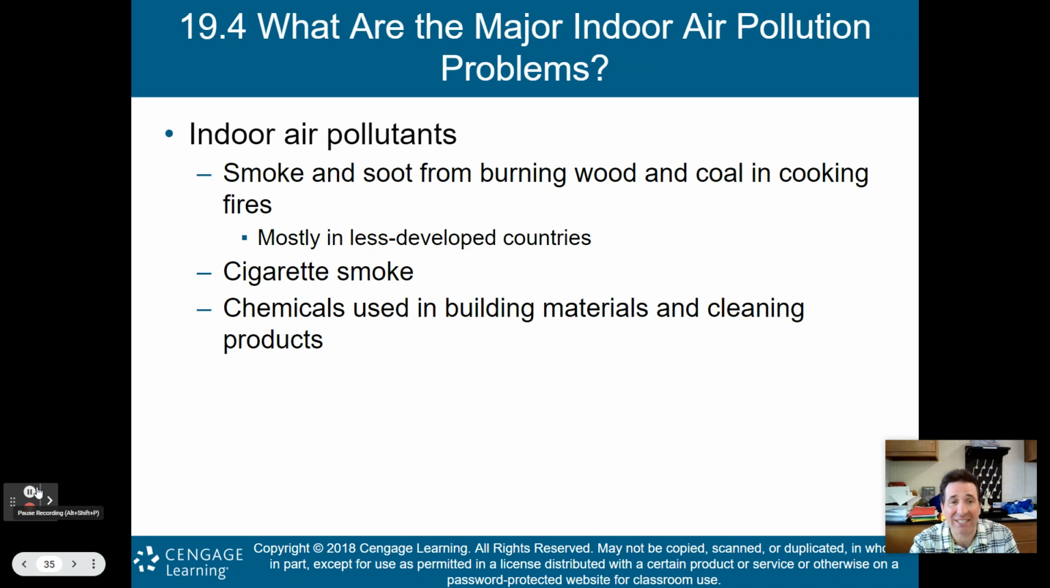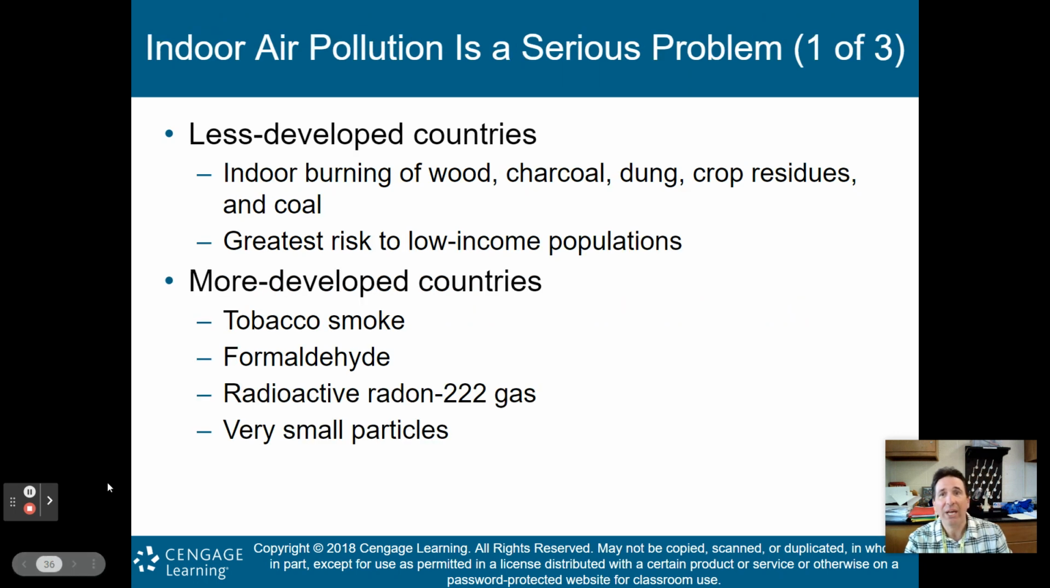Cigarette smoke, obviously, is an issue as well. Secondhand cigarette smoke indoors. And chemicals that are used in building materials and cleaning products can also produce indoor air pollution. So, again, indoor air pollution is a very serious problem, especially in less developed countries, where the indoor burning of wood, charcoal, dung, crop residues, and coal can lead to this air pollution indoors, right? And again, it has the greatest risk to low-income populations who maybe aren't using stoves and things like that to